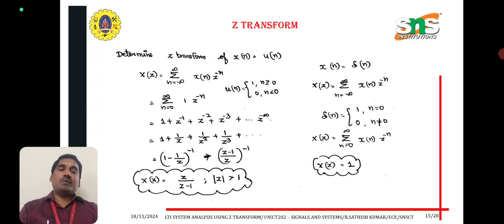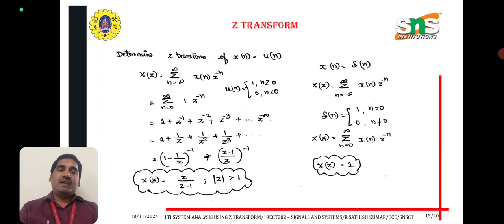Determine the z transform of x of n is equal to u of n. X of z is equal to summation n is equal to minus infinity to plus infinity x of n into z power minus n. While we are applying the unit step condition, we can take limits from 0 to infinity of 1 into z power minus n. By applying the values of n from 0 to infinity, we can get 1 divided by 1 minus z inverse, the whole inverse. We can get x of z is equal to z by z minus 1,